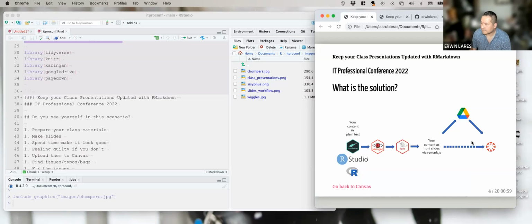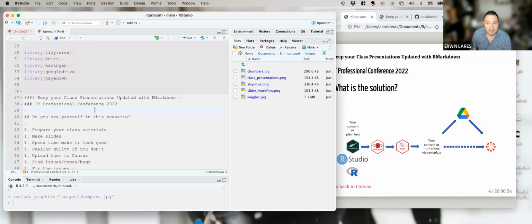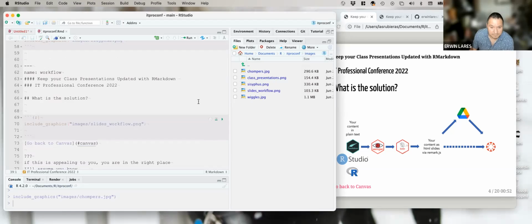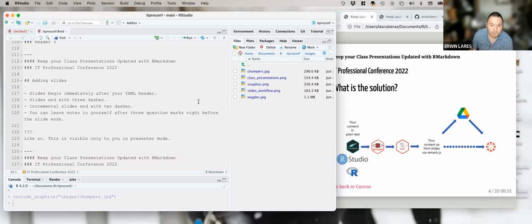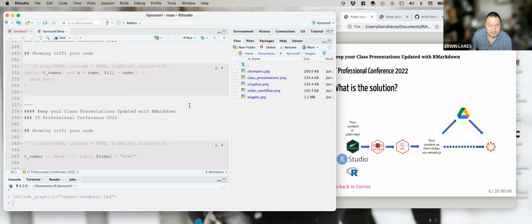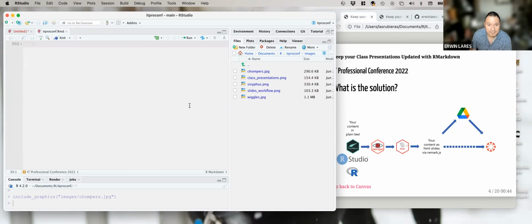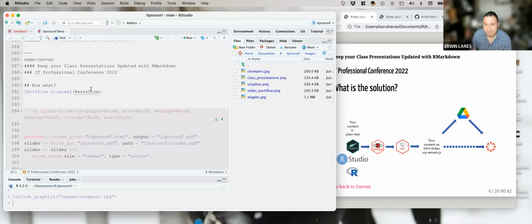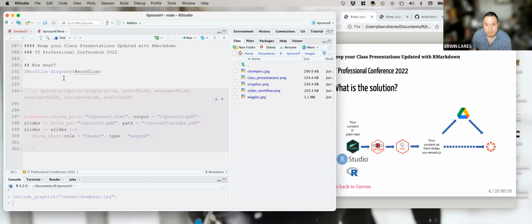This step here. So I found out that all my class presentations end with the same chunk. So this chunk here